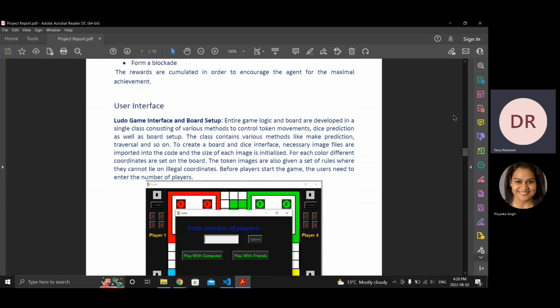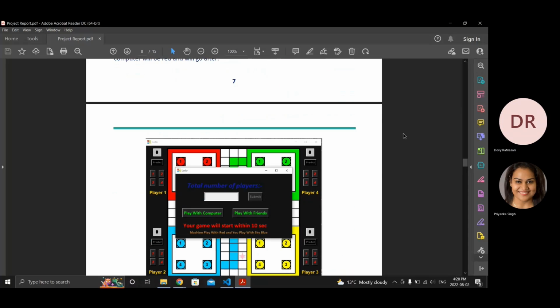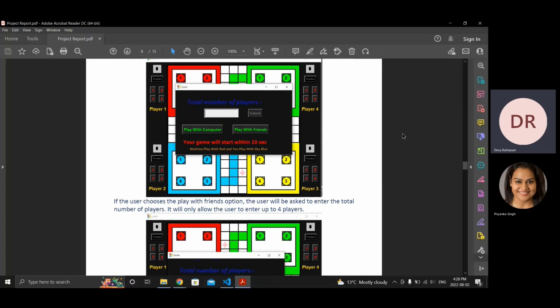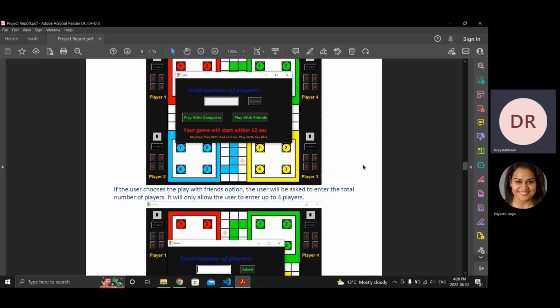So this is the user interface of the Ludo game. This is what we see when we run the file, the first interface. The user has to enter how many players will play this game. They can choose either playing with the computer or playing with friends. If the user selects play with computer, the game will start automatically within 10 seconds, and the user will get the color blue,